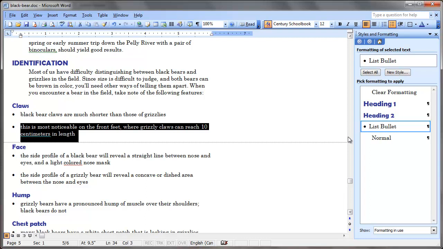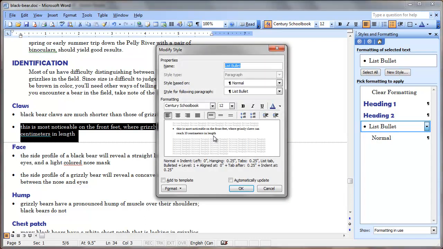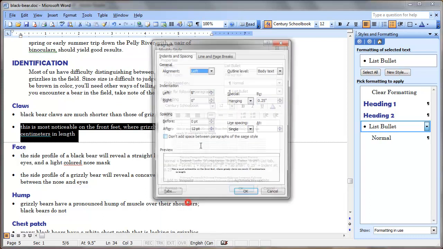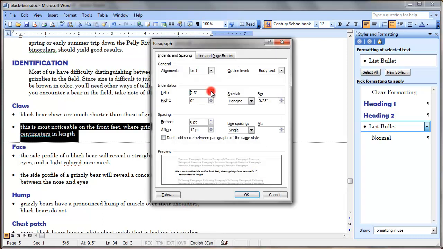Now, list bullet's not done. It asks us to indent it. Notice it so that it lines up with the normal style. It is based on normal, but right now it's not indented because list bullet defines its own indent, so it's already overridden that. So I'll modify list bullet. Format paragraph is where I'll find indents, and I'll change its left indent to match normal, which is 1/2 inch,